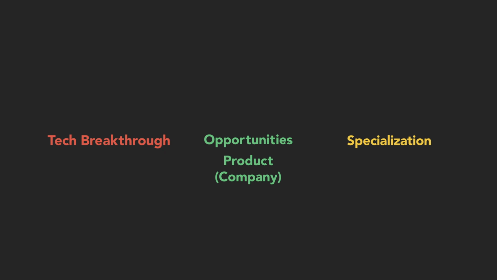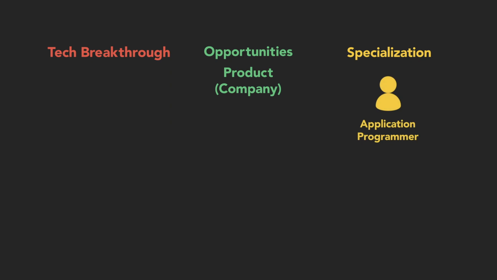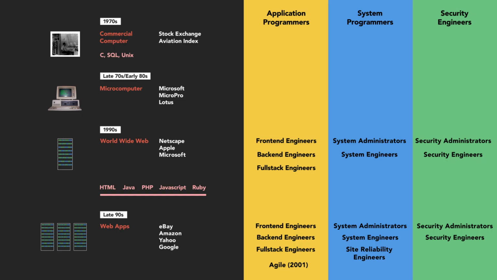In response to this tech breakthrough, new products come to market at companies that are able to take advantage of certain opportunities from this breakthrough. And in response to that, the existing tech workers who were there begin to split out into increasing levels of specialization. Now, this specialization happens because the post-breakthrough world is more complex than the pre-breakthrough world. The systems are getting bigger and they serve more people. So, for example, we might see the humble application programmer develop a specialism as a front-end engineer or maybe as a back-end engineer. Let's return to the timeline.